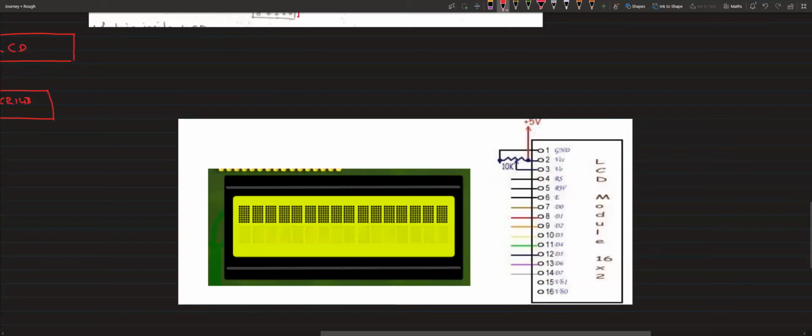If you see here, a total of 16 pins are there in the LCD. First is ground, then VCC, V0, RS, RW, E, and D0 to D7, and we have the backlight pins. Each one we will discuss in detail, what exactly each pin does. First we'll come to RS. Ground we know straight away, we have to ground that pin. If you see here, it is grounded,